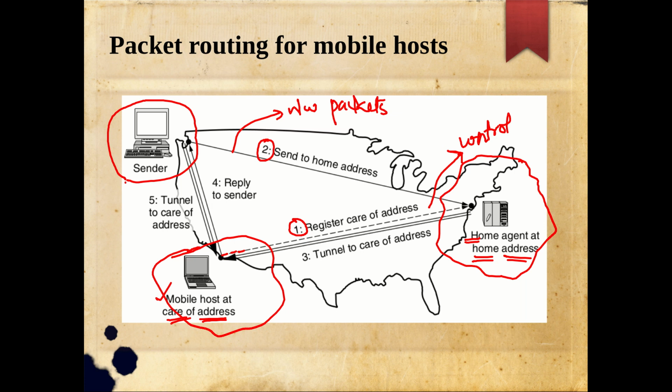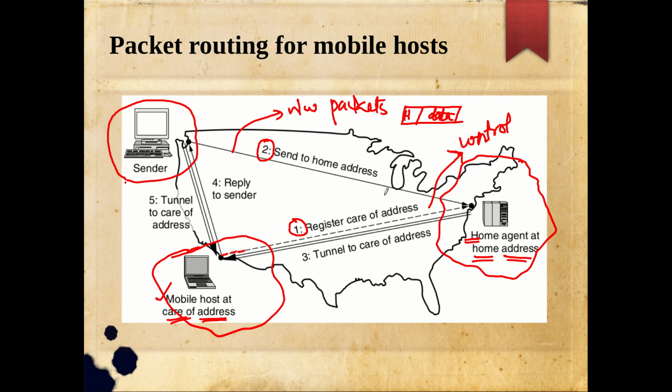As soon as a packet whose destination is this mobile host comes to the home agent, the home agent will have some kind of mapping table where the home address is mapped to the new care of address, right. So now the home agent knows where the device actually is, so it will collect that packet. It is a network layer packet, in the sense that the data will be there, and the address will be there, and other information was also there, so we call it a header.